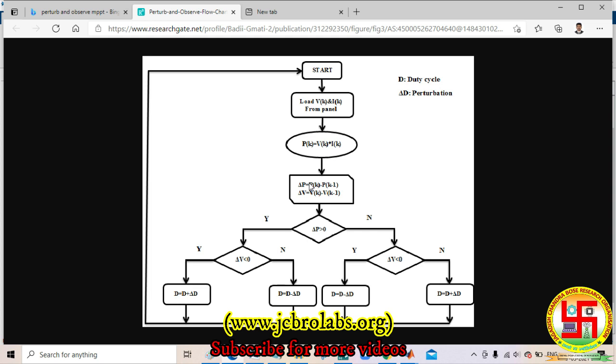Consider the temperature conditions, the real-time scenario. At 1 p.m. the temperature may be at its peak, around 1000 irradiation from the sunlight. But after 2 p.m., 3 p.m. or 4 p.m. we can't maintain the same irradiation, since it may decrease due to weather changing conditions. So here we take the actual voltage and actual current, and from that the actual power.